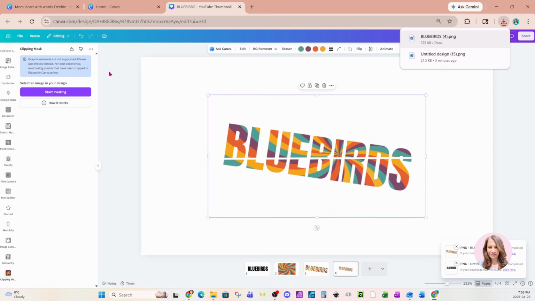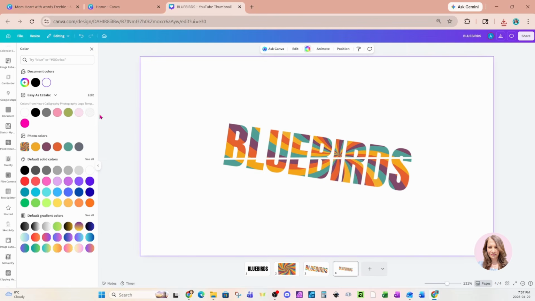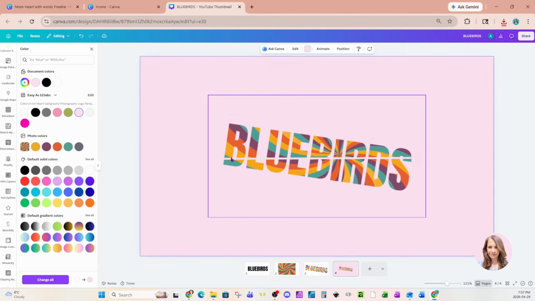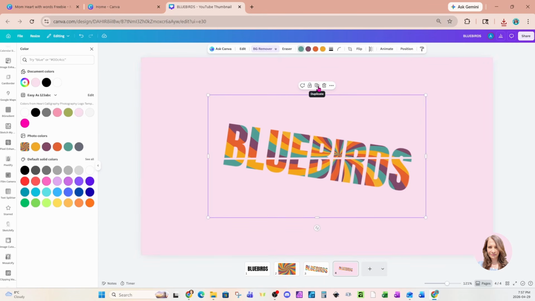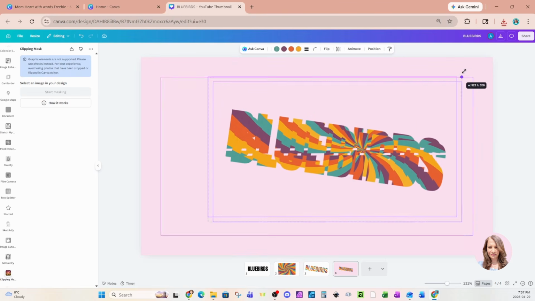And now I'm going to remove the background because I still have that white line, even though the rest of my design is transparent. So I'm just going to tap on the background remover. That should remove that line. I'm just going to change the background just so that you can see. So we can see that that line, the background of the line, has been removed. And I'm going to grab this now and make a duplicate. I'm going to grab both of them and just make them a little bit larger,